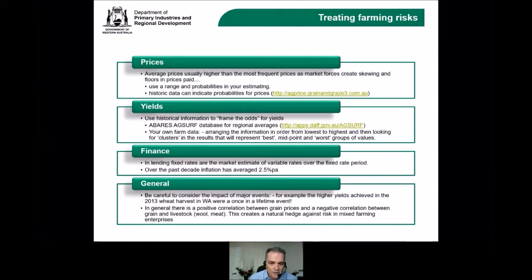If you're trying to estimate your variable rate for the coming year, then the 1 year fixed rate is often a good indication of what the market believes the rate will be on average over the next 12 months. That's basically the definition of a fixed rate. It's what the market is suggesting the average will be for the next